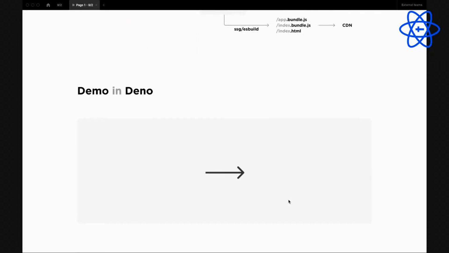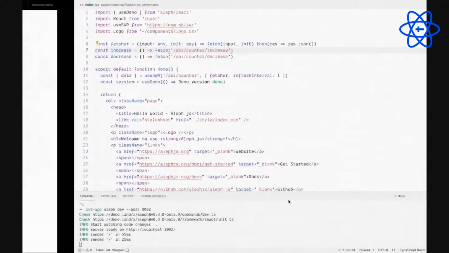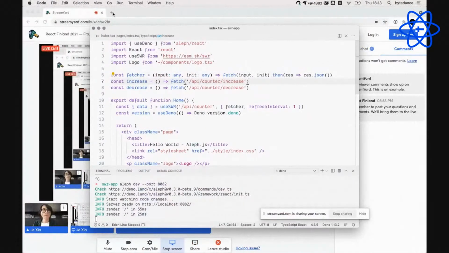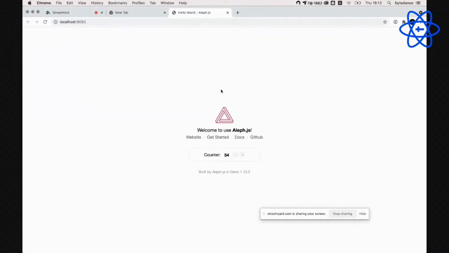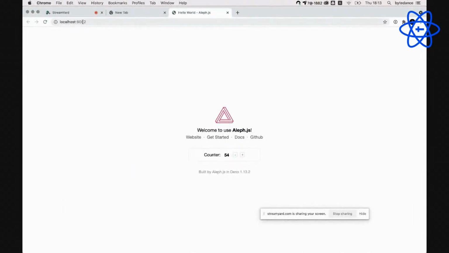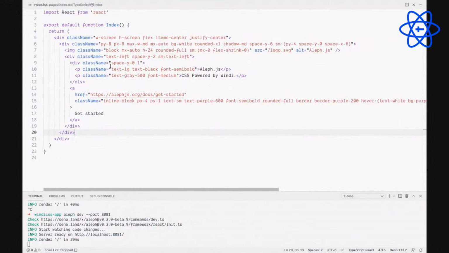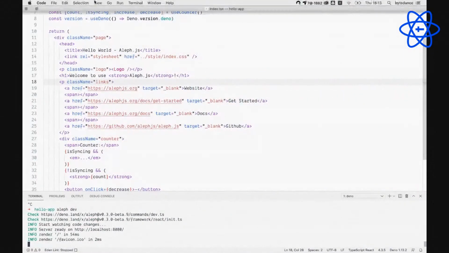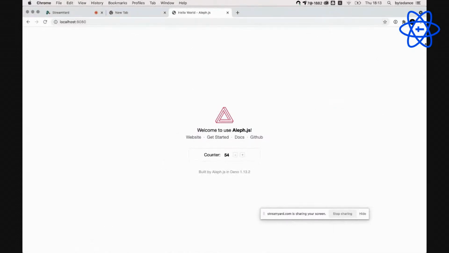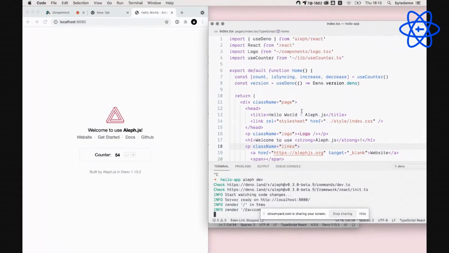Okay, so let me show you some demos. Here is a hello world page. Here is a hello world example.